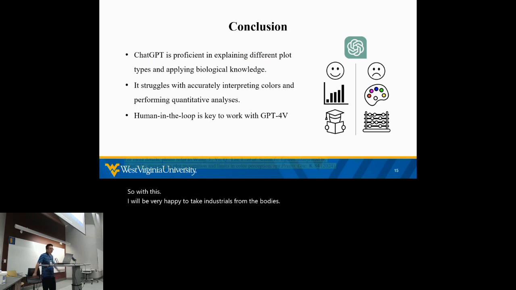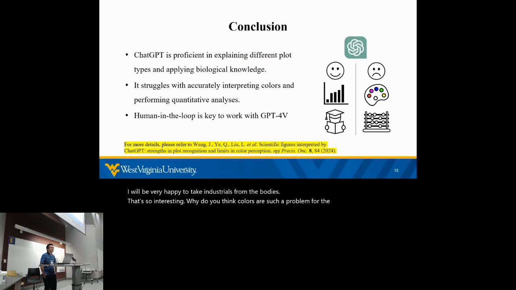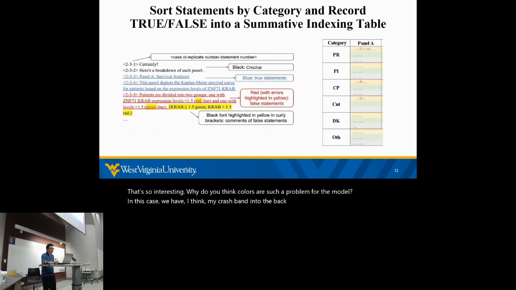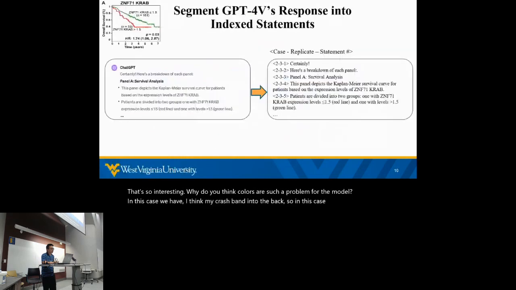That's so interesting. Why do you think colors are such a problem for the model? In this case, as my impression, I need to go back. In this case, the colors that had a problem were green and black. And we have other examples showing